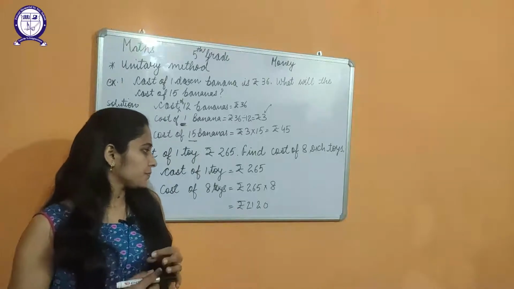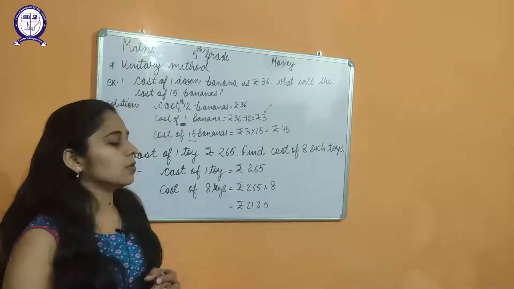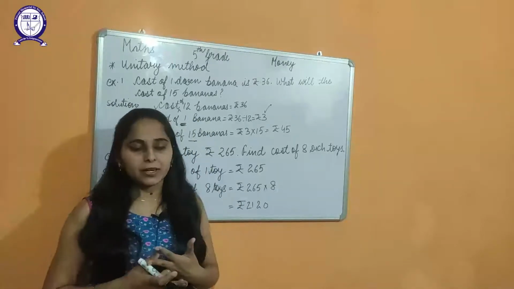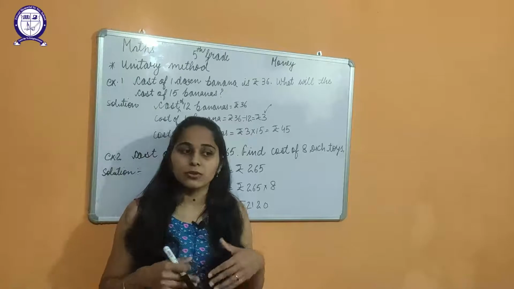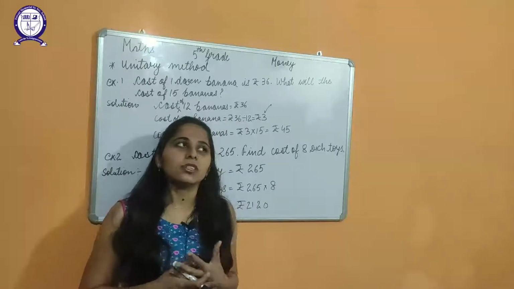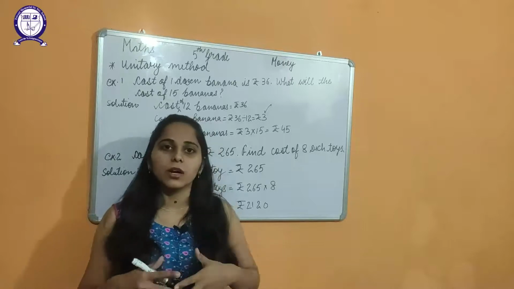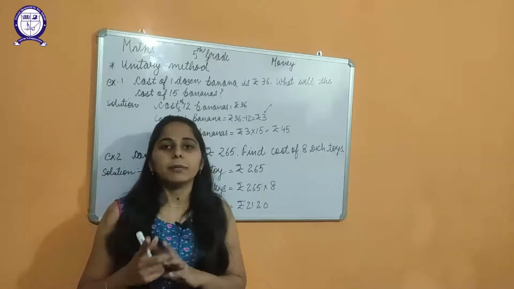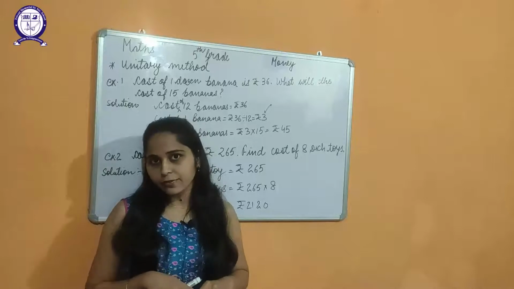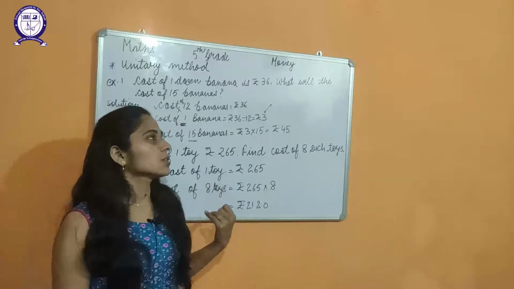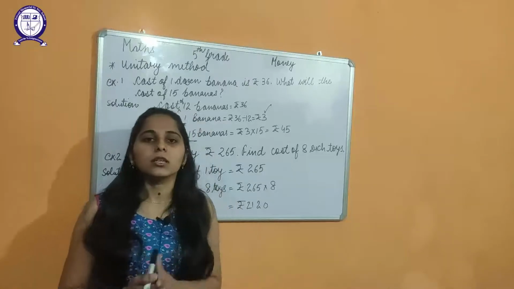Okay, now students, suppose you are going to buy one geometry box that costs 50 rupees, and after that you thought that I should buy 5 such geometry boxes for my friends also. Then how much amount will you pay? 50 multiplied by 5, that is 250. So like this you have to find out the cost. This was about money, students.